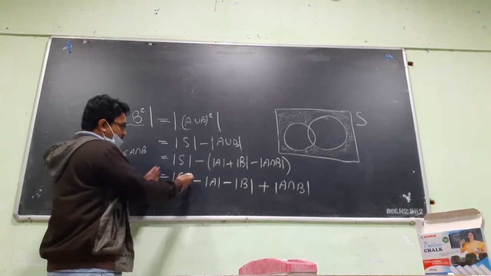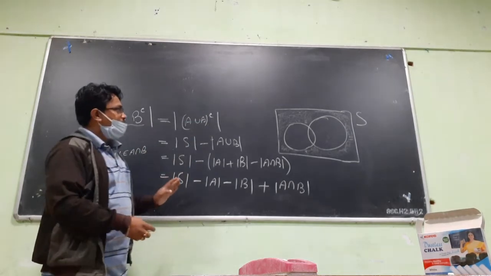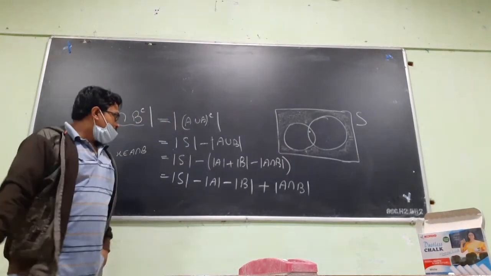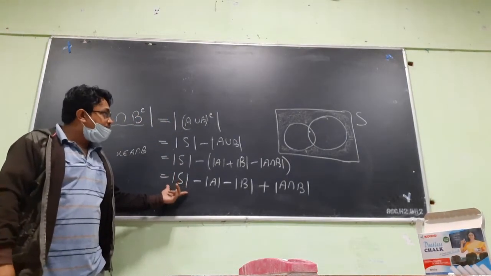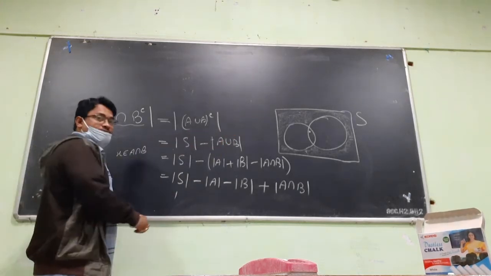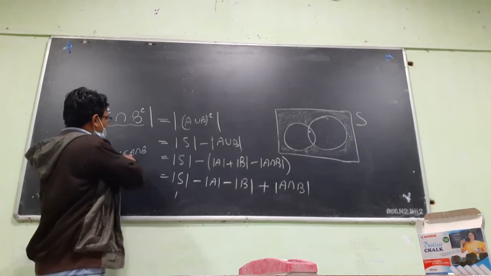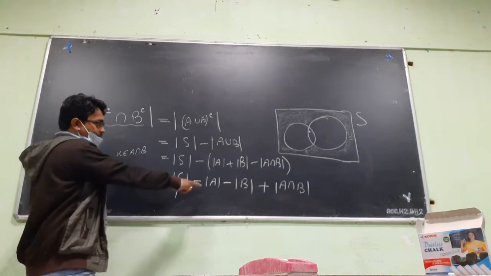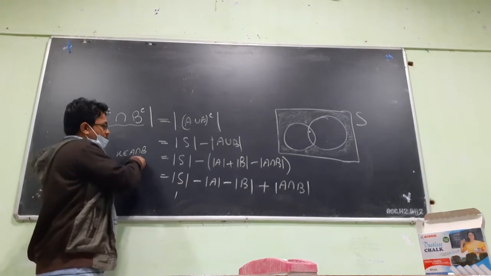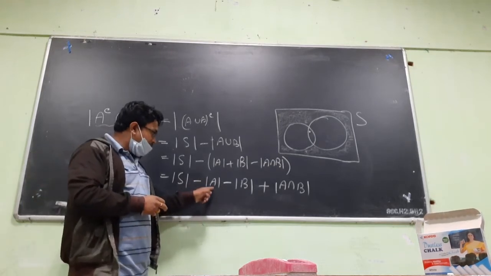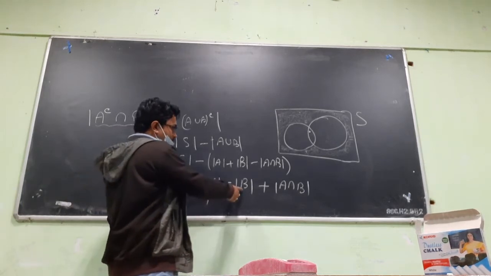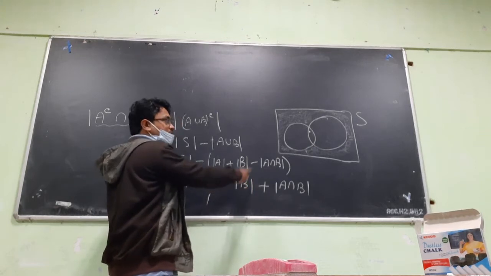When we count the total number of elements of the set S, X is somewhere here, so we are counting that X also. So this X is counted once. Next, it is there in A also. If X is there in A intersection B, it is there in A also. So when we count the number of elements of A, it is again counted once. Then when we count the number of elements of B, it is again counted.